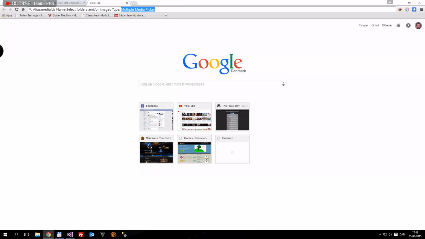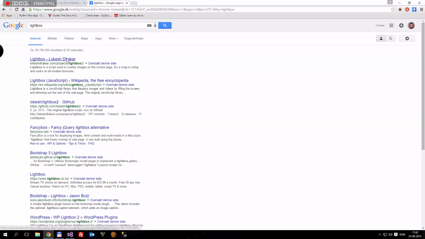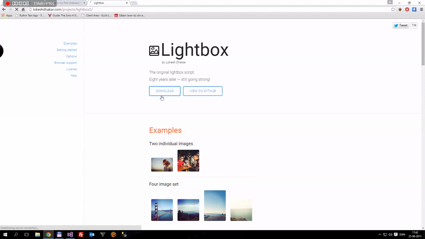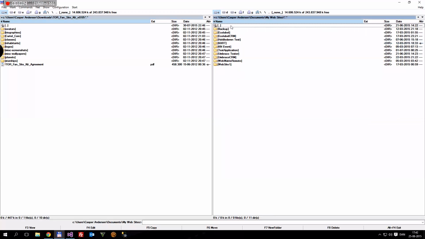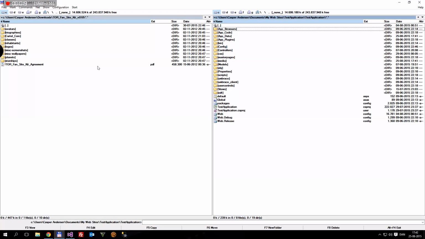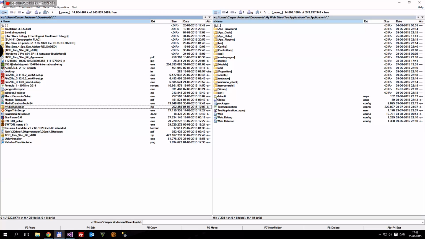So that's great. Okay, this has only been a short video, so let's do one more nice thing. Let's go to lightbox a minute. Lightbox. There we go. We'll download this a minute. There we go. And then we'll find our websites, and this is the test application, and then we'll go over to our download section, and here I downloaded the